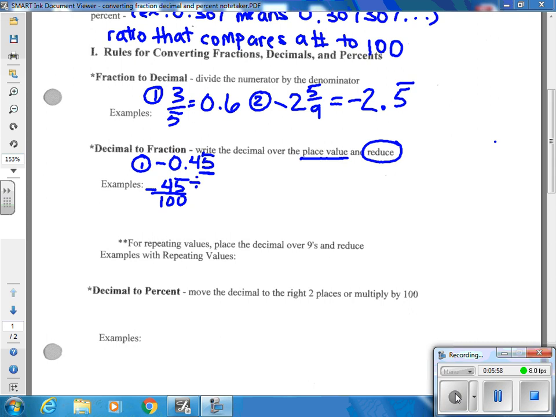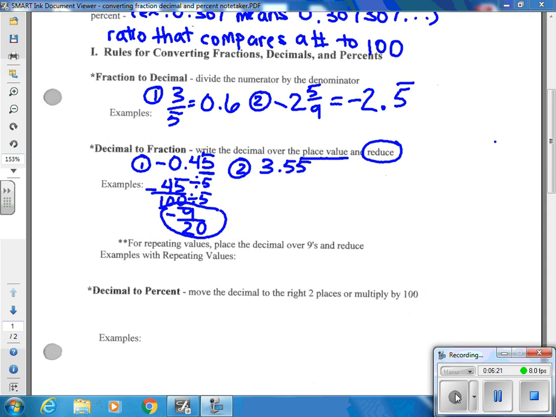So if I divide top by 5 and bottom by 5, whatever you divide each by, it has to be the same number. -45 divided by 5 is -9. And then 100 divided by 5 is 20. 9 and 20 cannot go any lower, so -9/20 is your final answer for this one. All right, for the next one, if I have